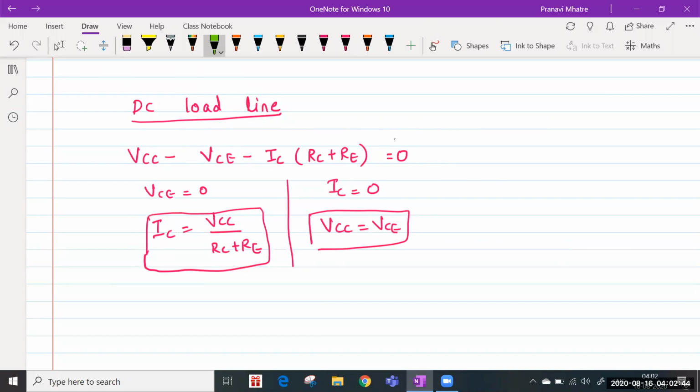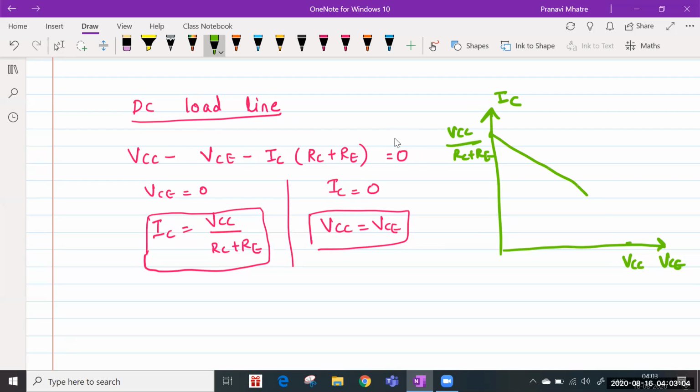So when I draw the DC load line, which is VCE versus IC on the output characteristics graph, my one end point is VCC upon RC plus RE. Another end point is VCC. I'll draw this line and the center point will act as my Q point. So this is my DC load line analysis. And the last part left is stability factor,